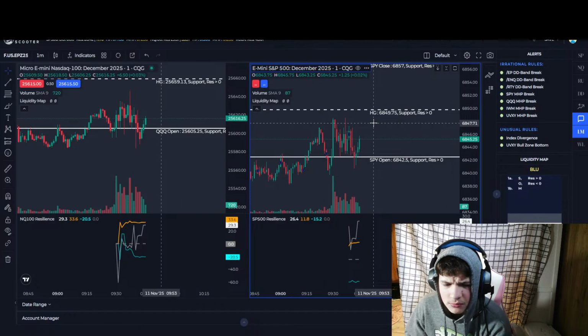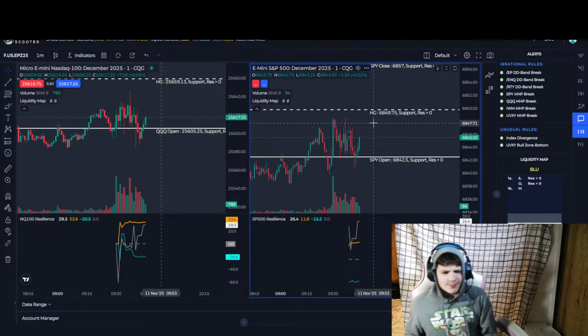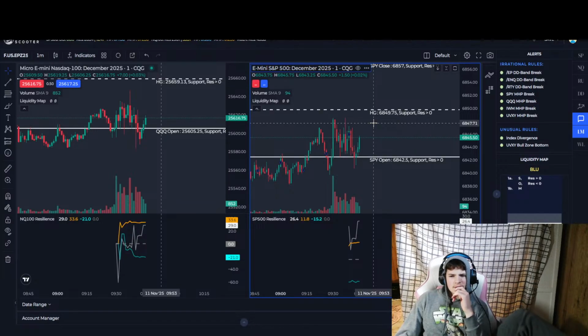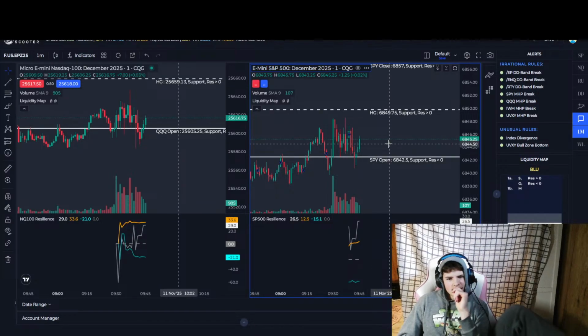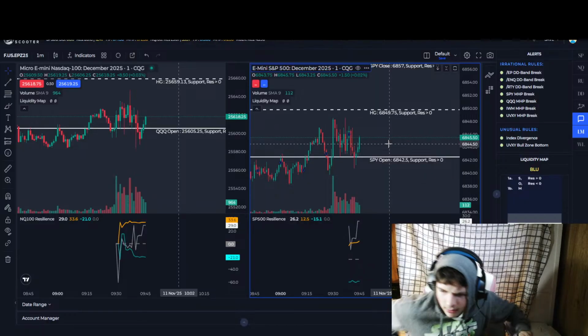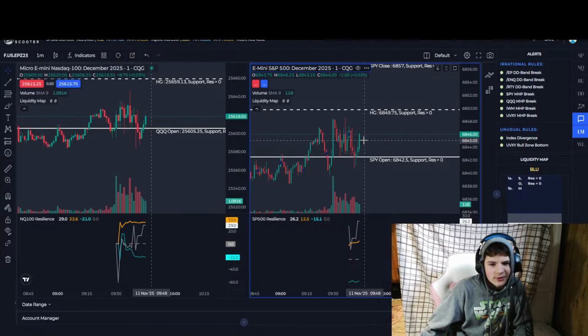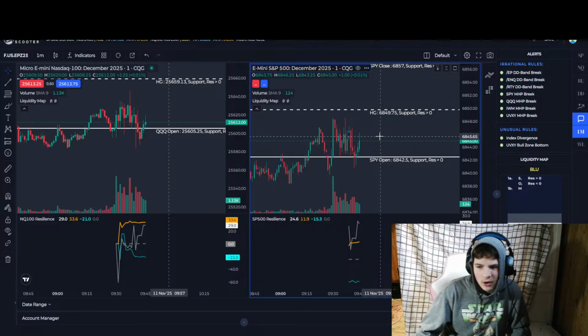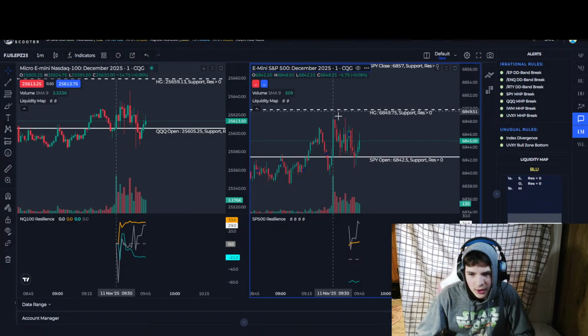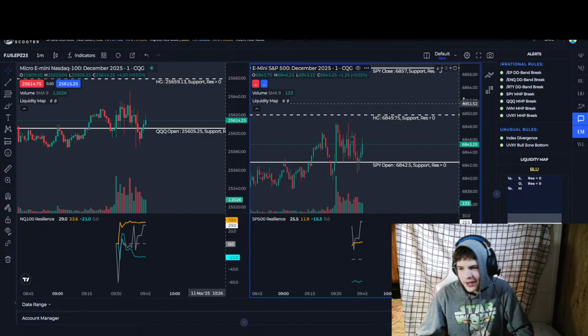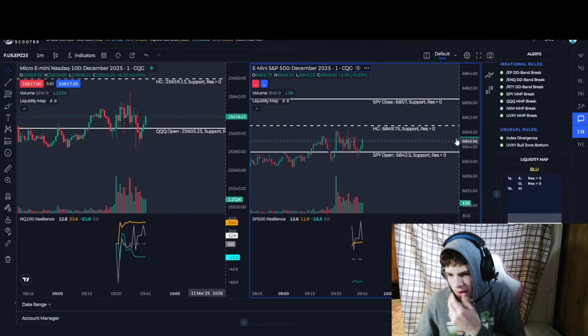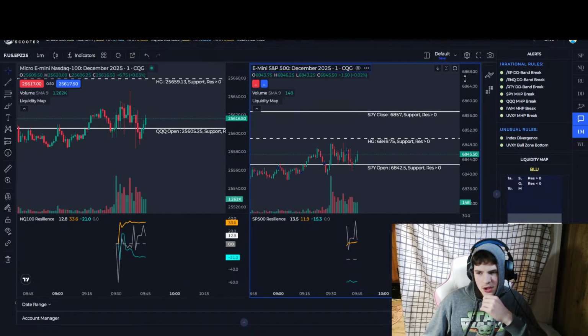All right, so it looks like it's just gonna be staying around here. This has been happening past couple of days. It's just been stuck around an area for a while. If it could break half gap, it could shoot up to SPY close.